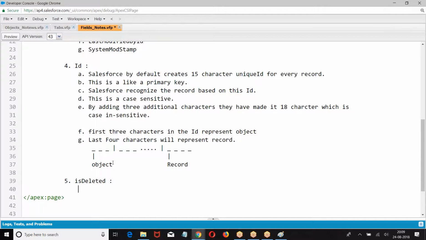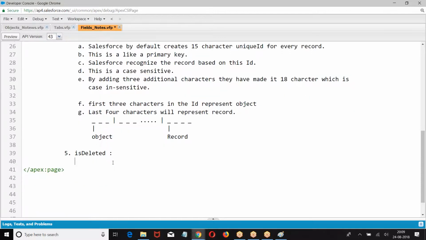Now, IsDeleted. What is this? It is a Boolean field.